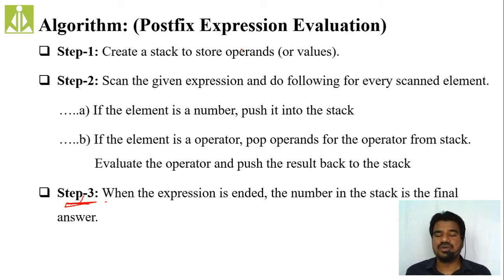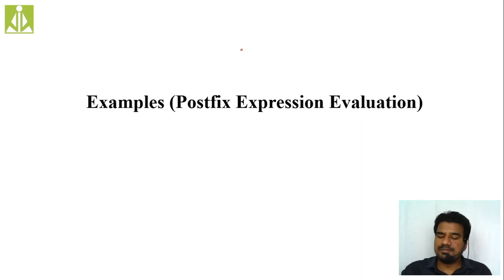Create a stack to store the operands, and whenever it is an operand, simply push it. Whenever it is a binary operator, pop two operands and perform the operation. If it is a unary operator, pop one operand and perform the operation. After performing the operation, push that value back to the stack. Do the same process till you reach the end of the string. Once you reach the end, whatever value you have inside your stack will be the final resultant value of your postfix expression. Very simple concept. So examples we have seen.